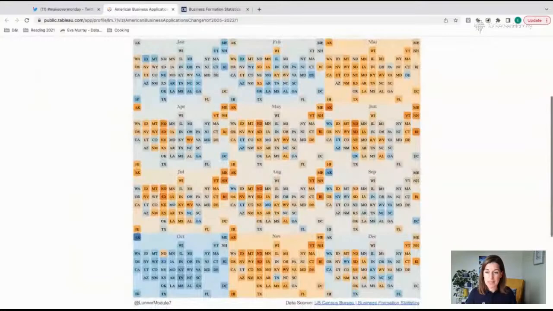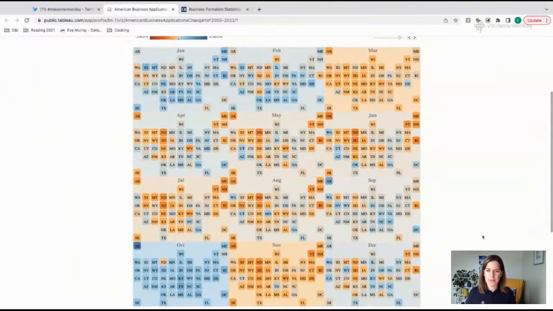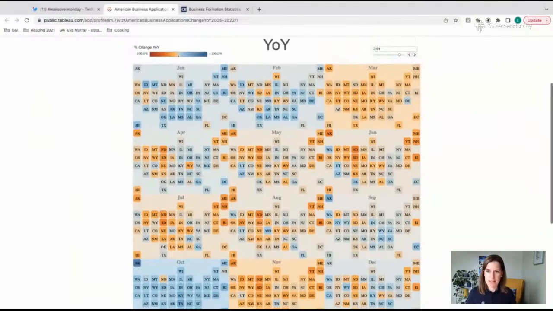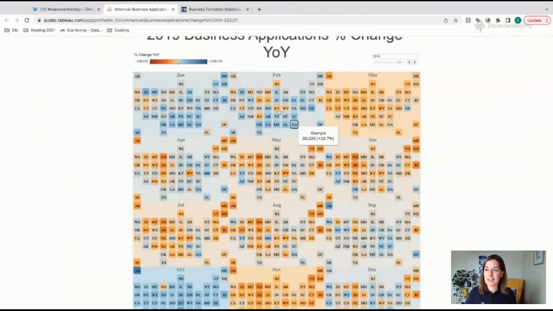Okay, this is interesting. So this is basically a calendar view of the US based, nice little tile chart. I like it. I like that you can see that there are months where people don't make as many applications. Oh, no, there are months where they make more. So I thought that blue was less and red was more, but it's the other way around. So that's maybe the first bit that I was confused by.